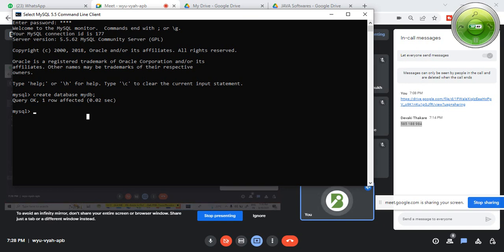So database name can be anything, whatever it may be. It can be your name as well. So likewise the story going to be executed. Okay, so just execute this one, execute the simple command, go fast.